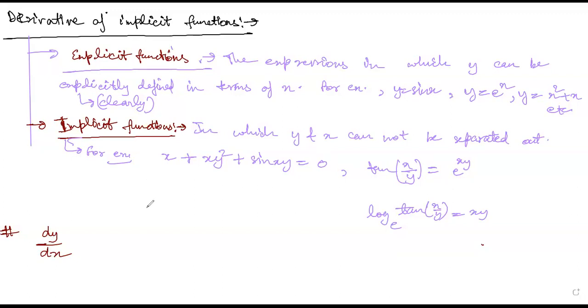Now, let's say an expression is like this. z is equal to x plus x square. Now I have two variables, which are what? x and z. So I can basically find out differentiation of z with respect to x or differentiation of x with respect to z, whatever I want. If I want to differentiate the whole expression with respect to x, I can do that. If I want to differentiate the whole expression with respect to z, I can do that. But if I want to differentiate the whole expression with respect to y,